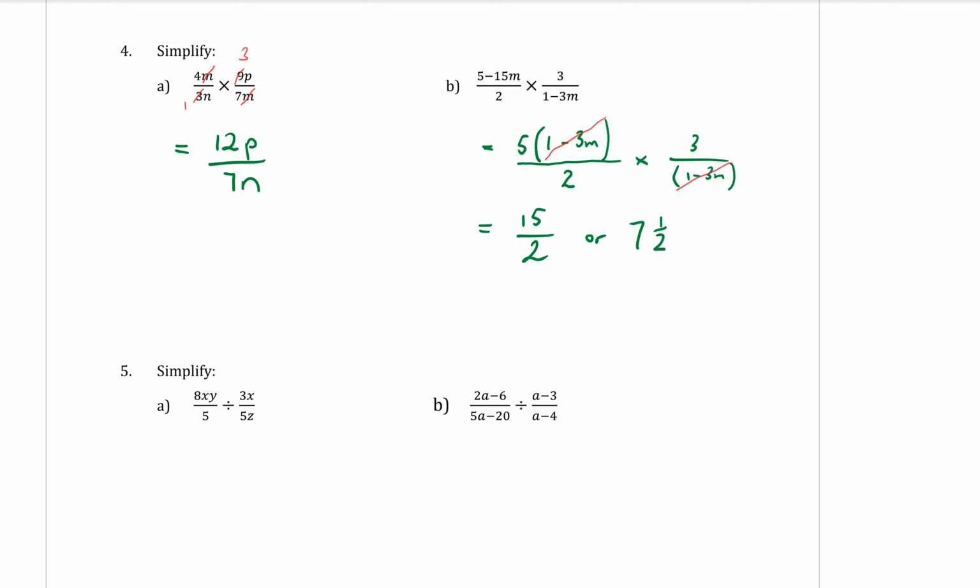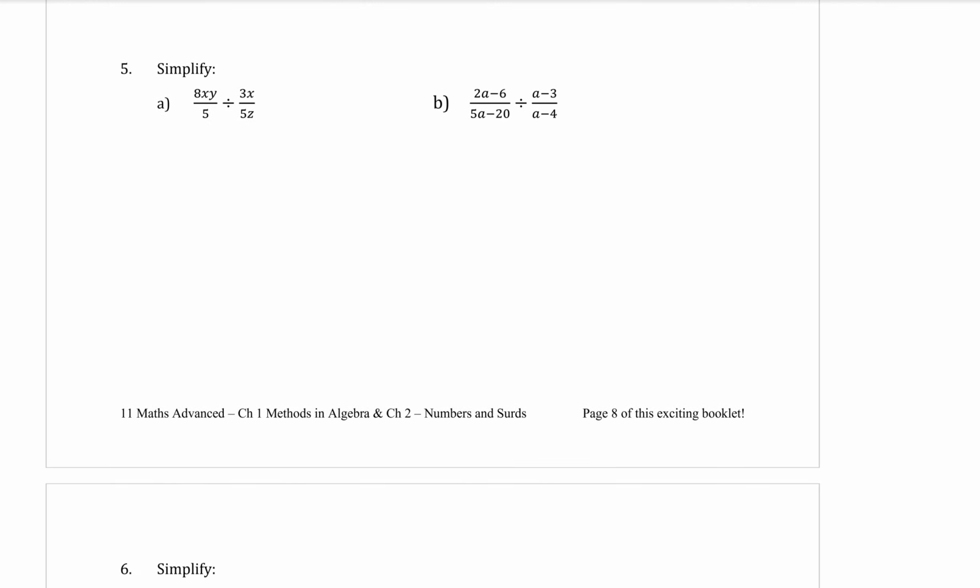Question 5, dividing. Lachlan, what do we do? Leave it. I've got this. Leave it, kiss it. Perfect. All right. So we leave the first fraction,